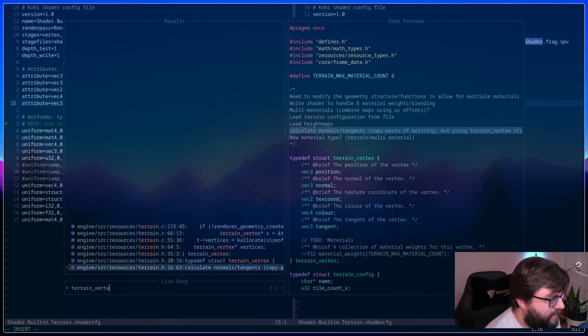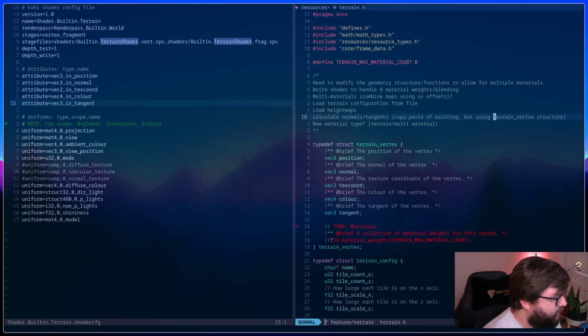We have terrain vertex. But that is a position, normal, texture coordinate, color, and tangent, which matches this for now. We are eventually going to have material weights, but we haven't done that yet, so this should match up. And it does. Okay.